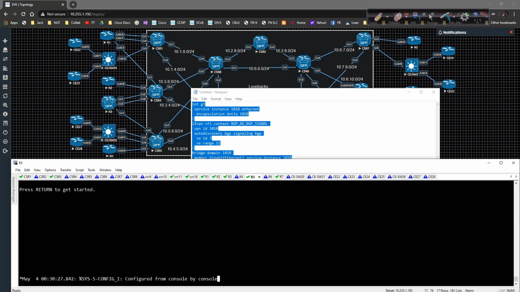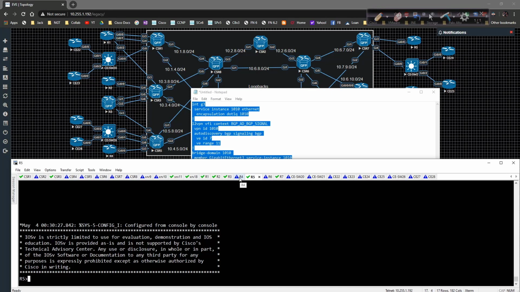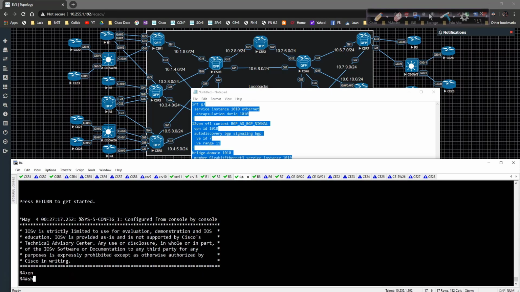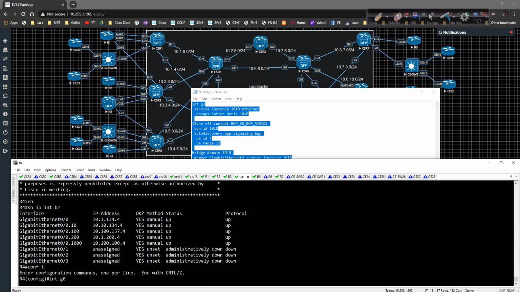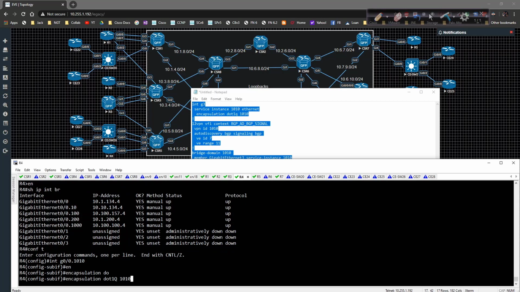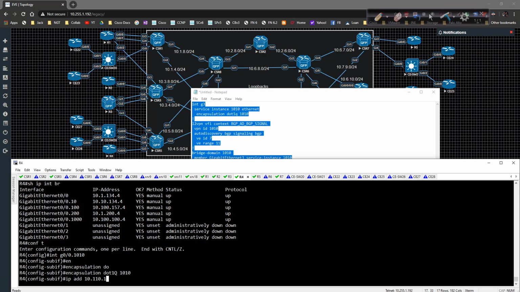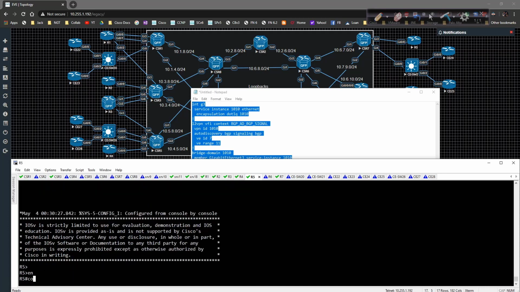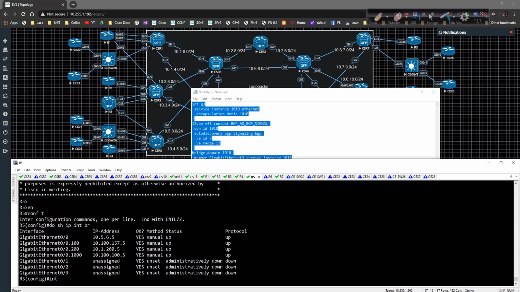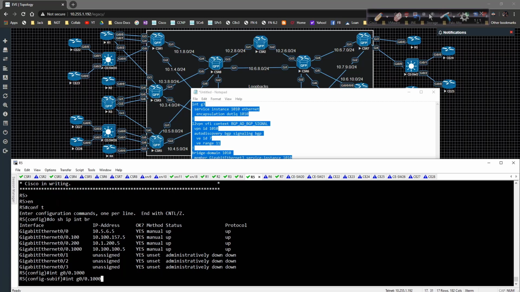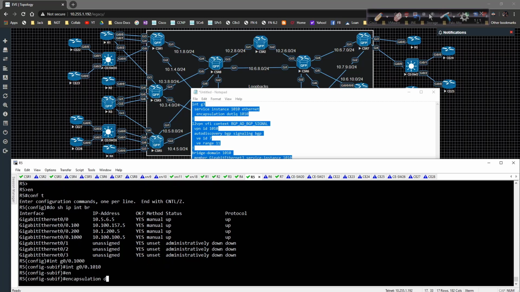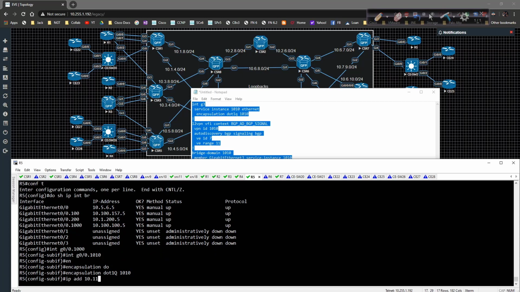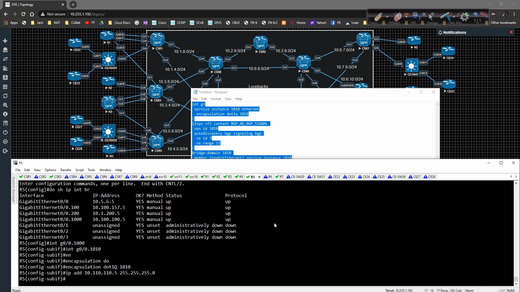And then on 5, this would be 4. Go to interface gig 0/0.1010, encapsulation dot1q 1010, IP address of 10.110.110.4/24. And then lastly on 5, do show ip interface brief. Interface gig 0/0.1010, encapsulation dot1q 1010, IP address of 10.110.110.5/24. Okay, now that we have all the IP addressing in play,